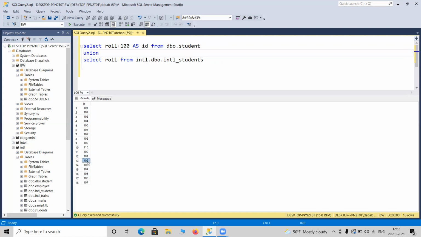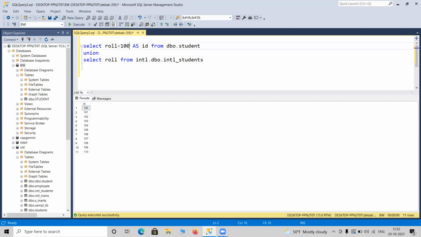Then again, 102, we have two values. 100 is just one value, but 103, we have two values. These duplicate values will be removed. It will show only the unique values. Let me take a look. Yeah, look, the unique values are being displayed. We have only 11 unique values here. Roll plus 100 and roll.